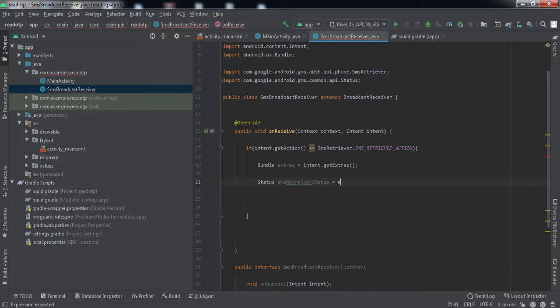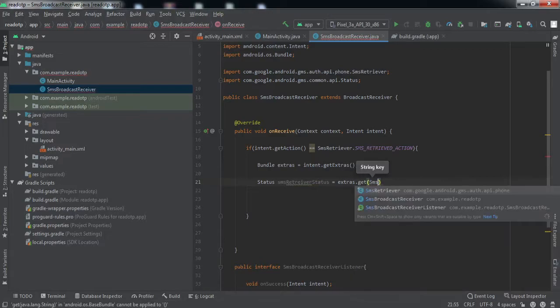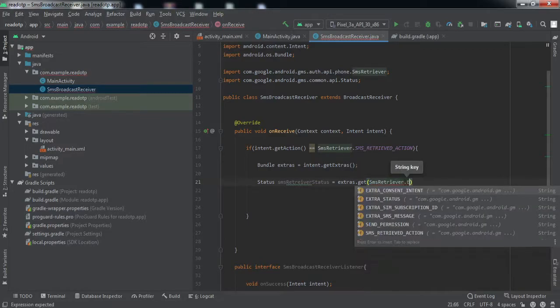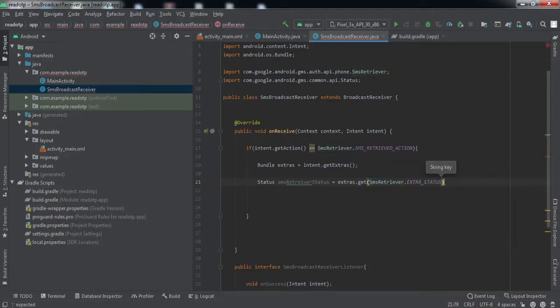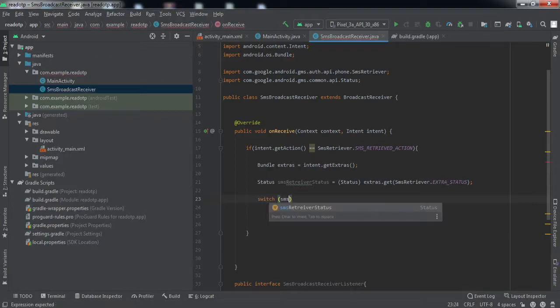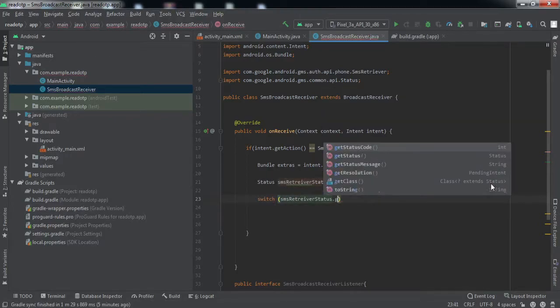Is equal to extras.get SmsRetriever.EXTRA_STATUS, right? So we need to cast this, that is all. Now we'll use a switch case. So SmsRetriever status dot getStatus.